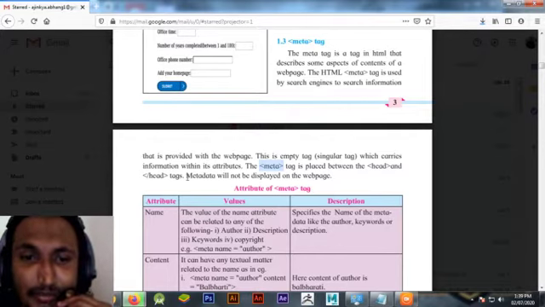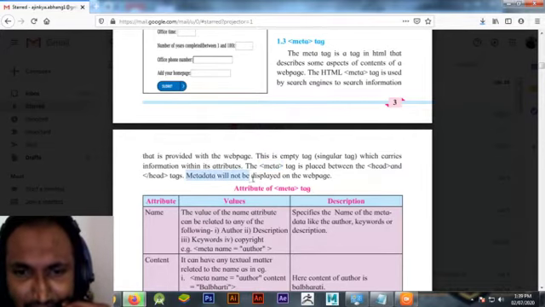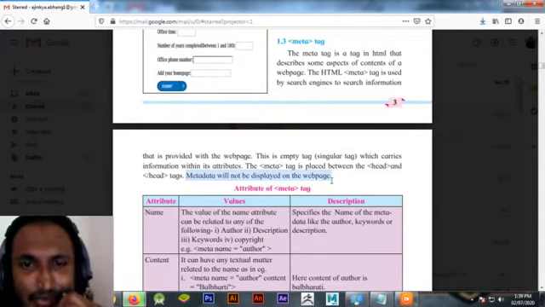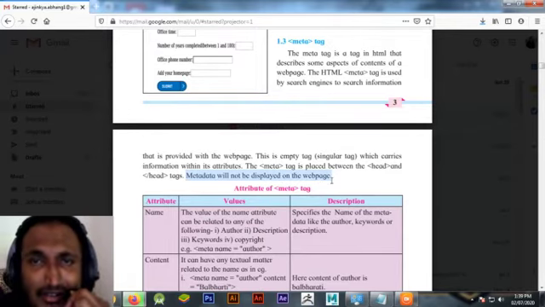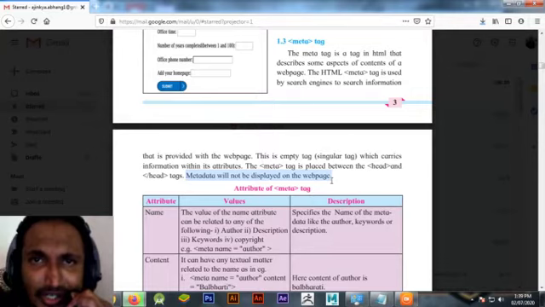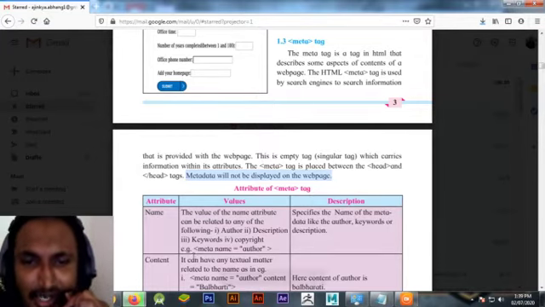That is the big difference. Metadata will not be displayed on the web page. What is metadata? I have told you, it is the data about your web page, that is, what kind of information is stored in your web page.